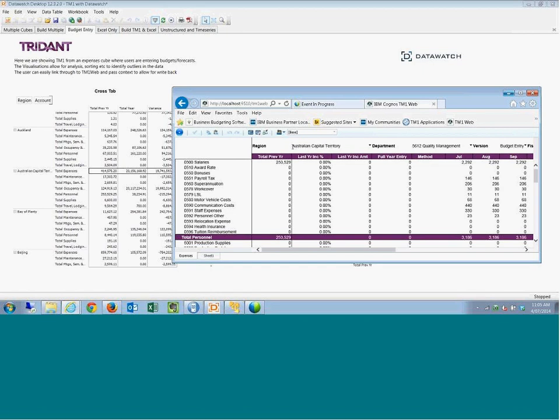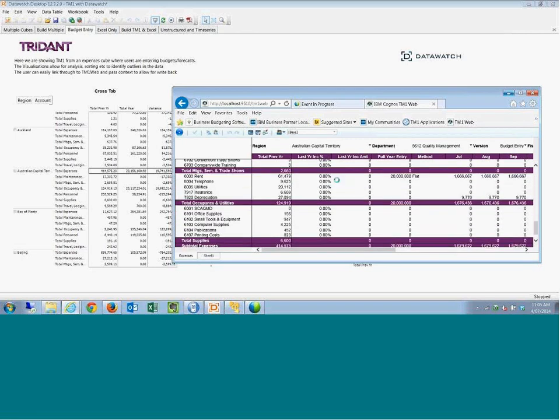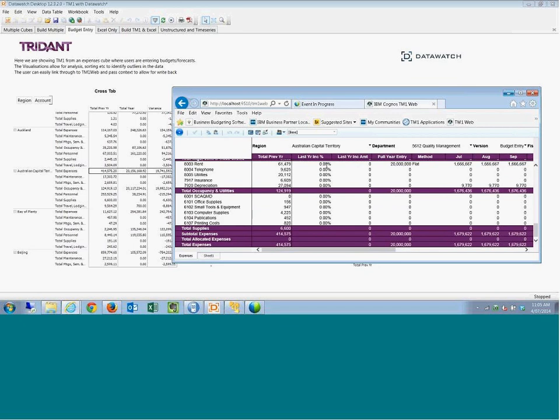So you can see it's updated the Australian Capital Territory, which I was doing my right-click pass through there. So now I'm able to go into my budget template, scroll down, and here there is an account line rent where someone has entered 20 million in for the full year and spread that across each month. So it looks like someone's probably put a few too many zeros in their rent line, and we can easily come in and change